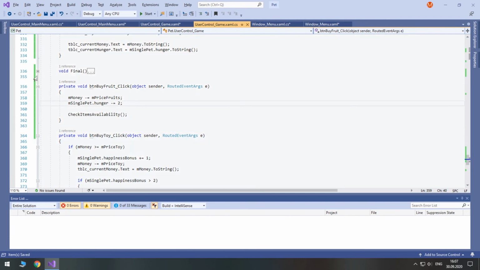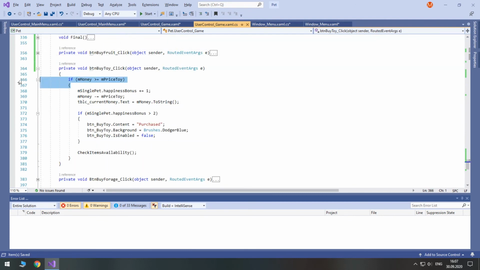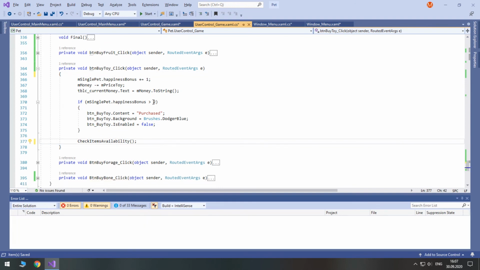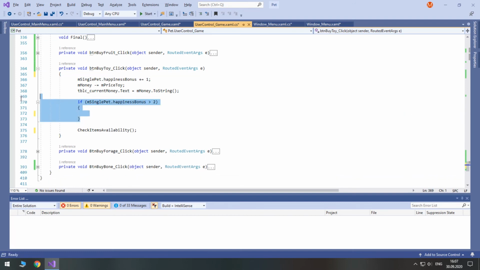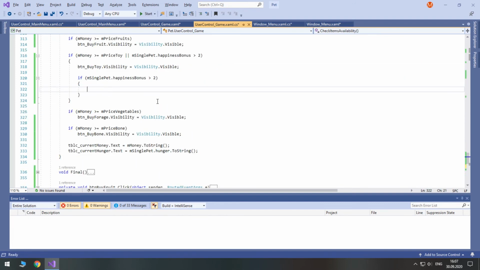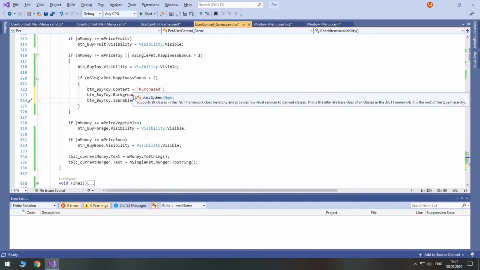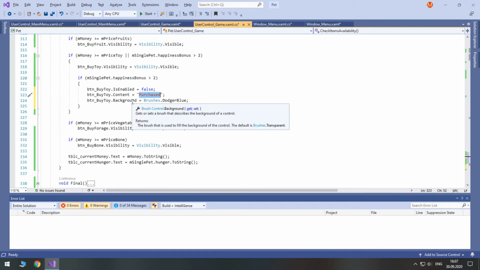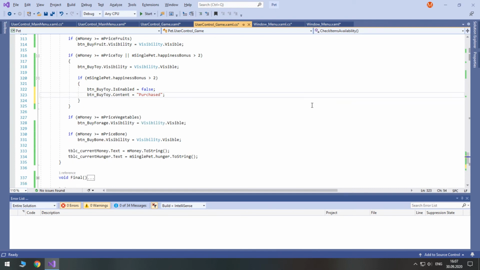Okay, so button buy toy, let's do the same. Remove the check. So if it's greater than 2, well, we can just cut it. It's greater than 2, we do this. So it is not enabled anymore and the content changes. Also, we never see those blue colors anymore because by default in WPF, background is always gray when the item is not enabled. So let's just remove it.